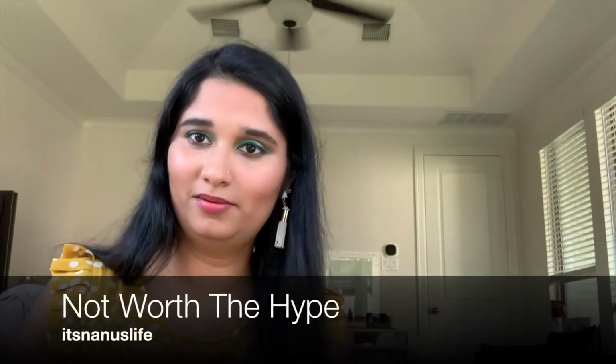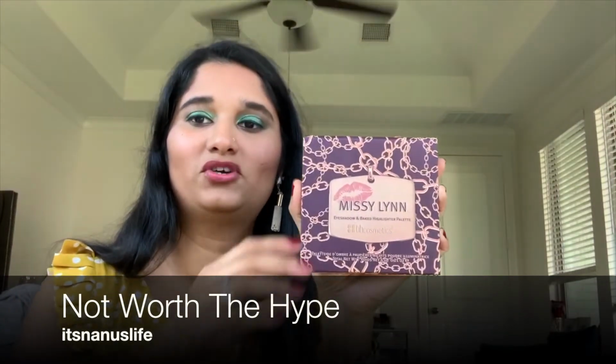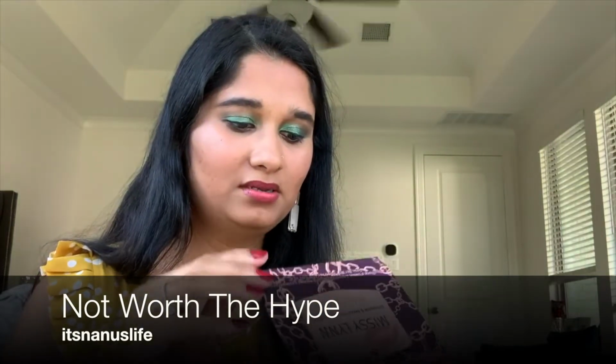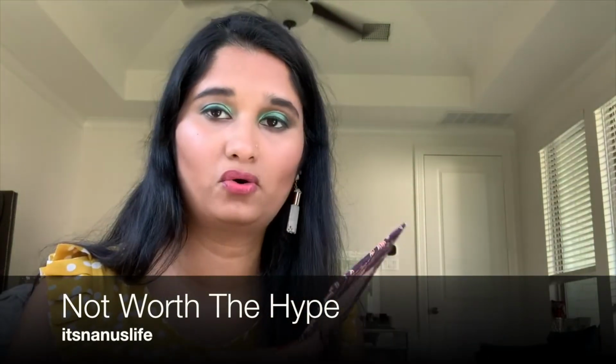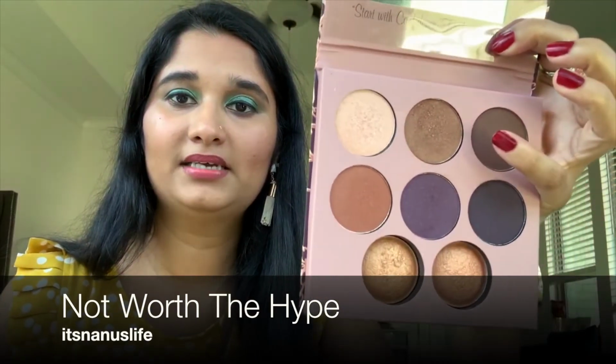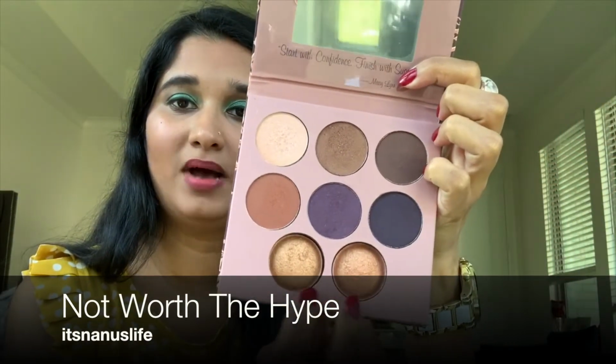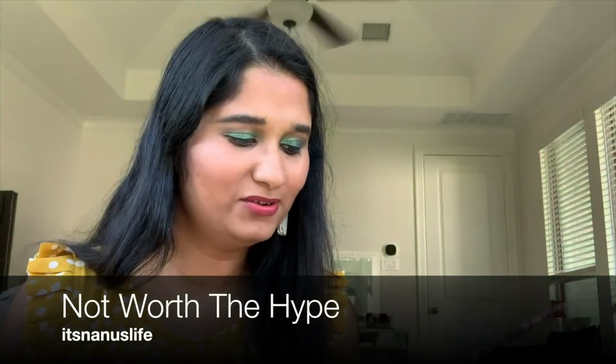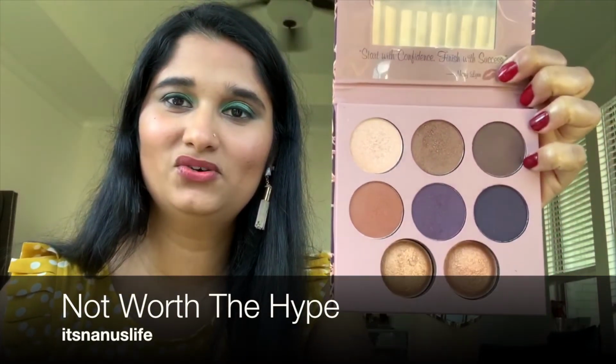I'm not saying all her palettes are bad, but this is the only one that I've tried. I remember when this first came out, she did so many beautiful tutorials with this, and you can use these two as eyeshadows or blushes, highlights. And I don't know, the more and more I used this, I used to always be like,